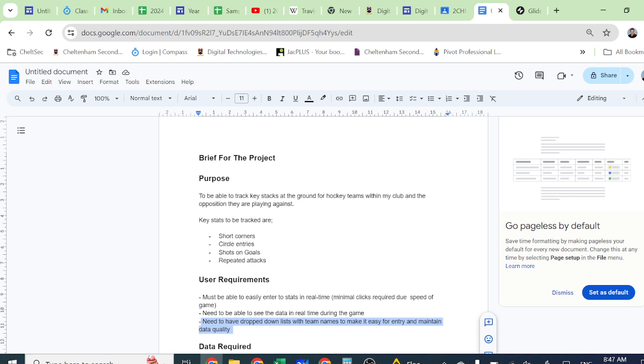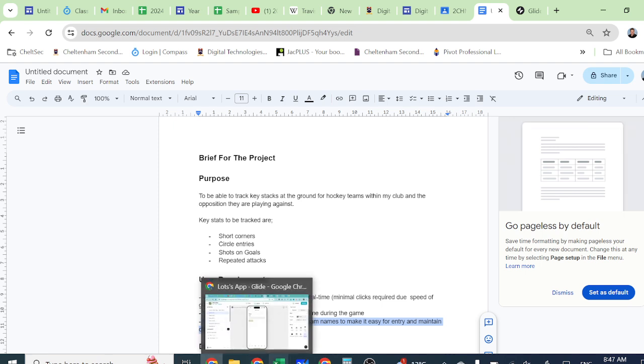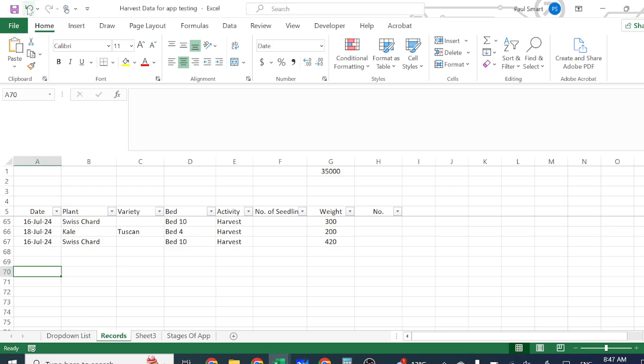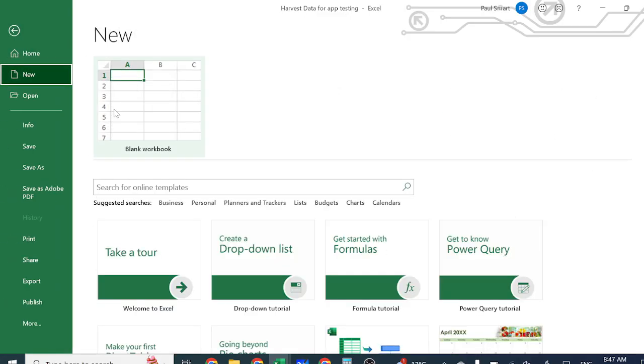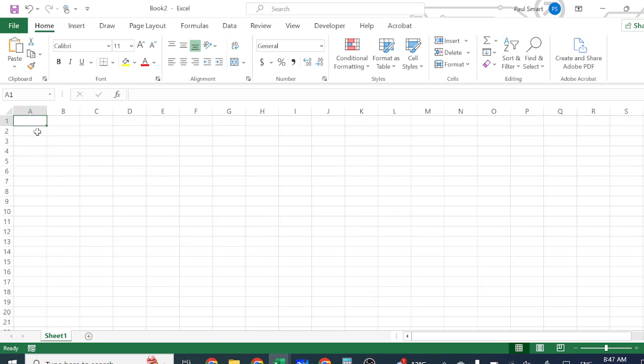And the second thing to make sure you're clear about is what we mean by data quality. So I'm just going to do a quick example so that everyone understands. So I'm going to quickly grab a new sheet here. So if we have data quality, let's say, for example, I'm going to enter the value test into